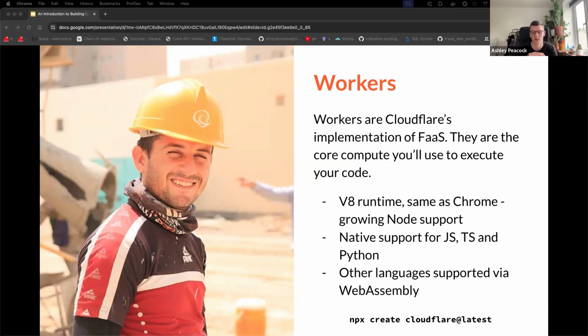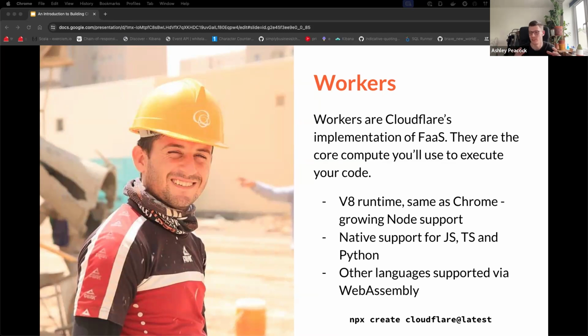If a user accesses your application from New York, Cloudflare will load the application in New York and serve it from New York. If someone else from London, where I am, loads the application, they will load your code in their London data center. In Australia, same thing. They have something like, I don't know, 350 data centers worldwide. So they have full global coverage, and that's going to reduce the latency for your end users.